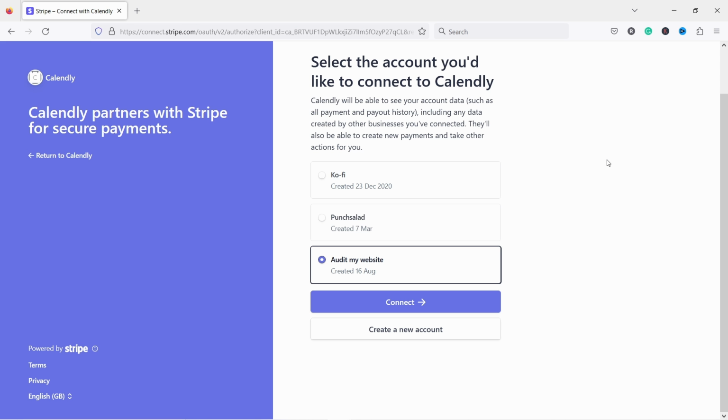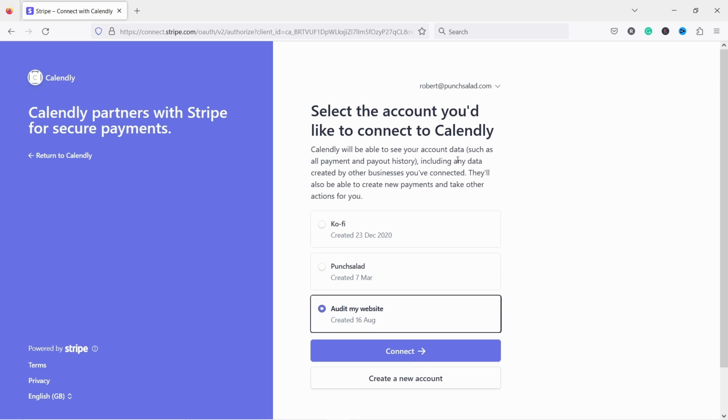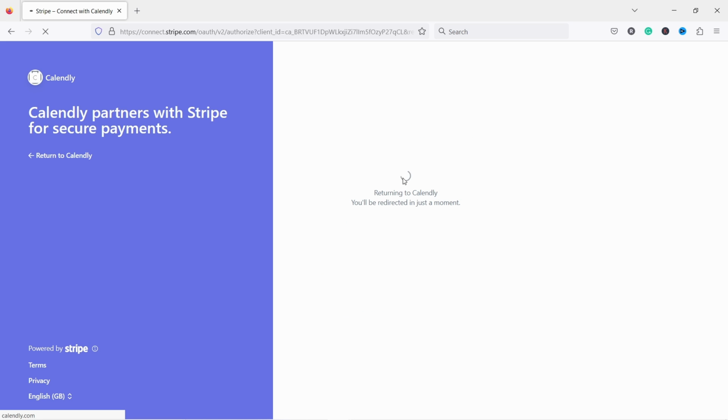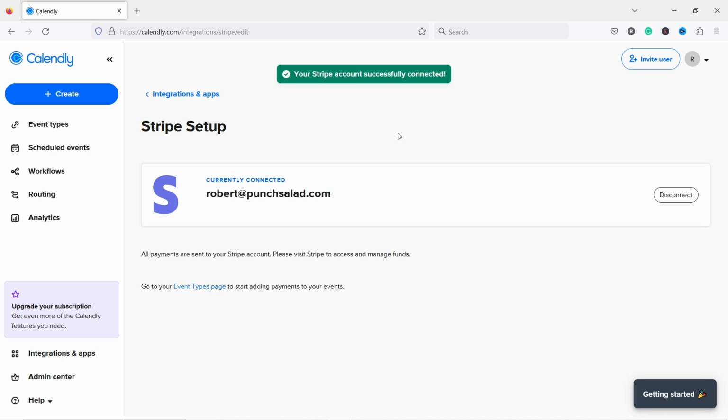I went ahead and logged into my Stripe account. So from here, just follow the instructions. You can either create a new account or use existing one if you have. I'm going to use existing, connect. And there you go. You're now connected to Stripe. That's awesome. And now if we go back to dashboard